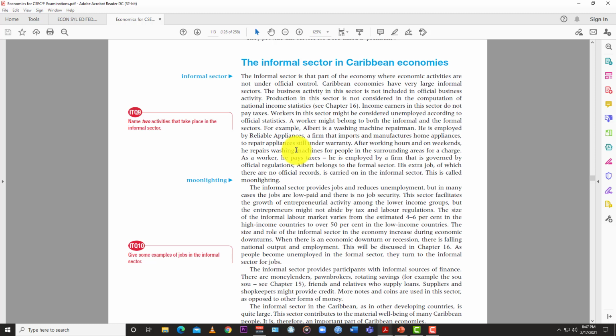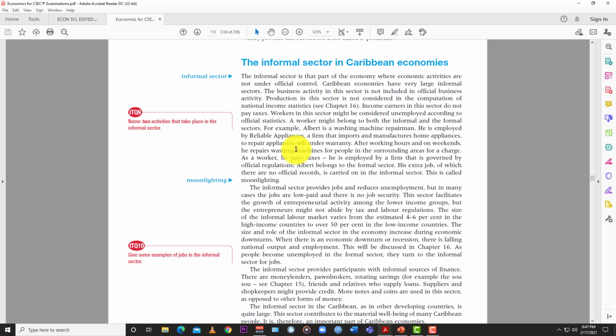Again, if you go and repair a computer, a fridge, or something, that's a little side hustle of yours. You go and repair it for your neighbor. You go and cut the lawn for your neighbor, cut the grass, whatever, get your little small change. Again, that's part of the informal sector because it's not registered. It is not going to be calculated in GDP, but it's not illegal.